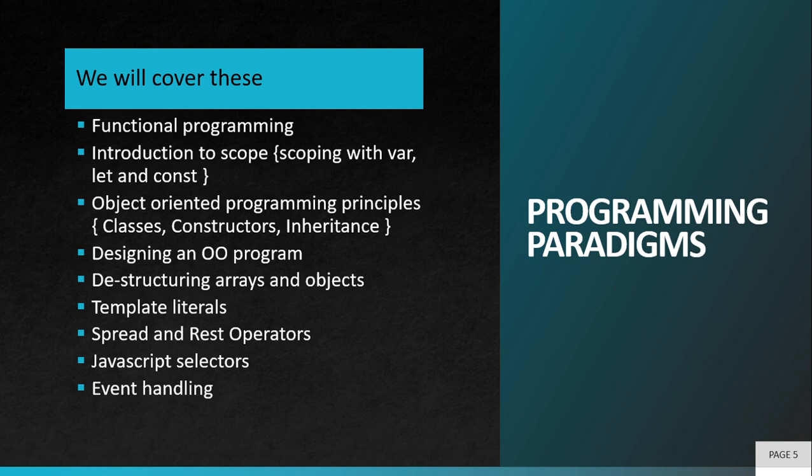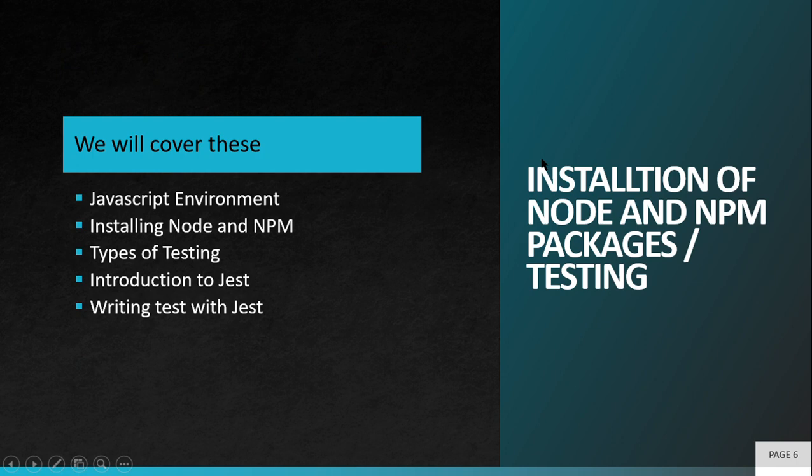We'll learn how to describe an object-oriented program. We'll learn how to structure arrays and objects. Then we'll learn how to use template literals. We'll use the spread and the rest operators. Then we'll talk about JavaScript selectors and how to handle events in JavaScript, right? Here we will use onClick, onChange. This onClick will sound familiar. We use onChange, onFocus, etc. So then we'll be going to the fourth week where we'll learn how to install our npm packages